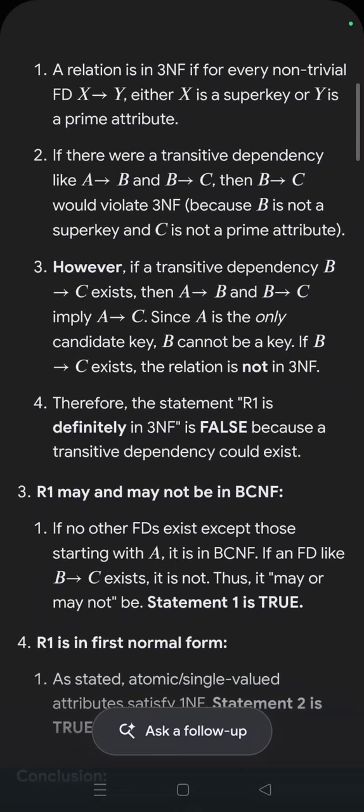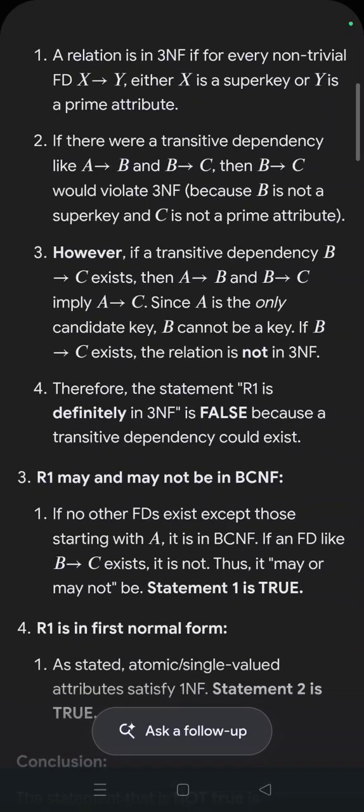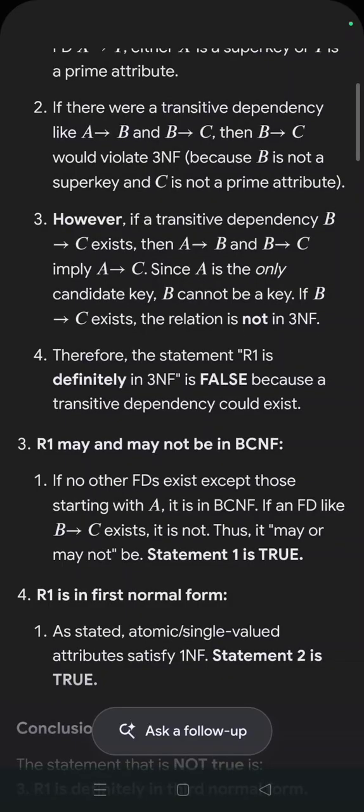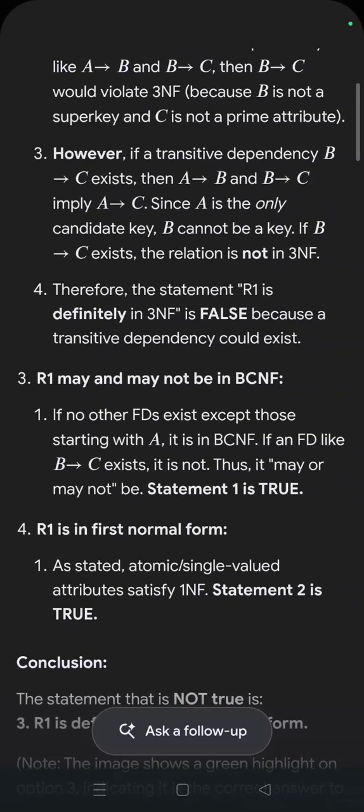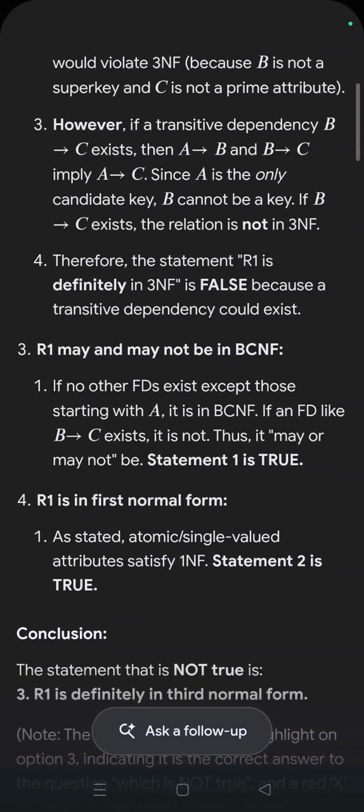However, the transitive dependencies B gives to C exist, and then A gives rise to B and B gives rise to C imply A gives rise to C. Since A is the only candidate key, B cannot be alone. B cannot be a key. If B gives rise to C exists, the relation is not in 3NF. Therefore, the statement R1 is definitely in 3NF is false because there exists a transitive